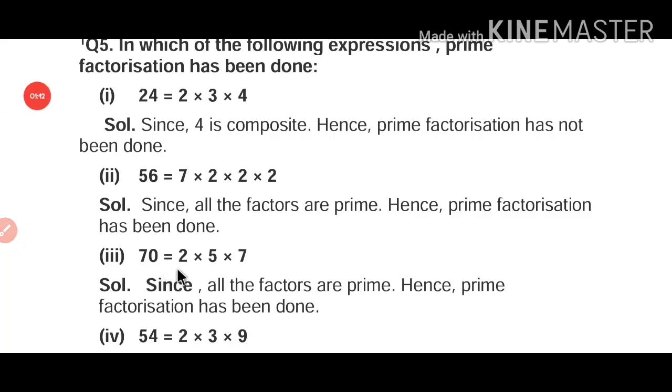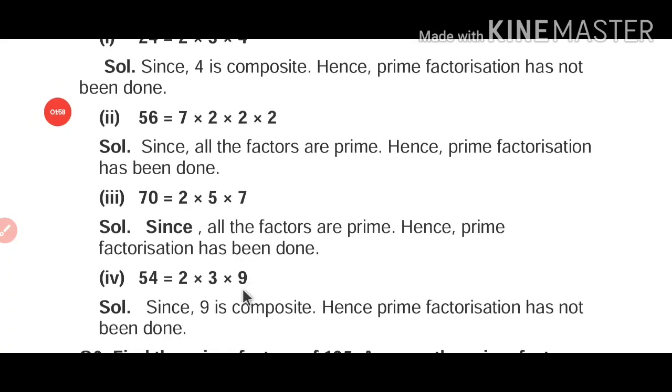Third one, 70 is equal to 2 multiply 5 multiply 7. You only have to see whether the factors which are given here are prime or not, and you can see here 2, 5 and 7, all the factors are prime, therefore we can say that hence prime factorization has been